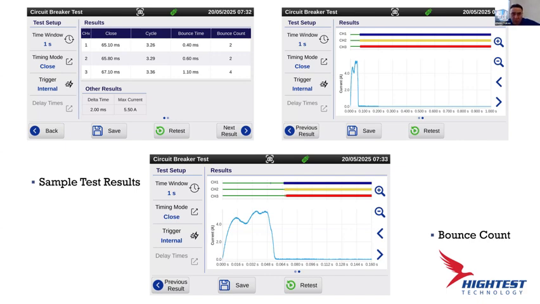So we can do the circuit breaker time, and the delta time has to be, as we spoke previously, smaller than 5 milliseconds. At the first diagram, we can see that the delta time is only 2 milliseconds, which is under our